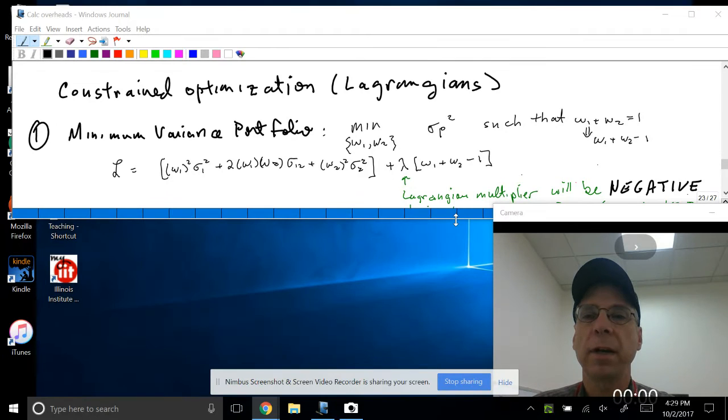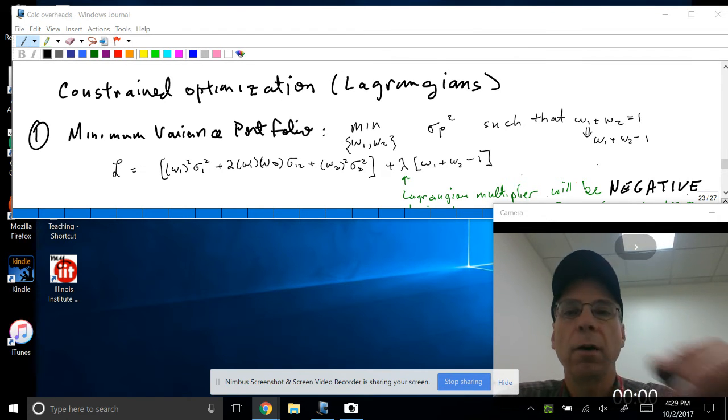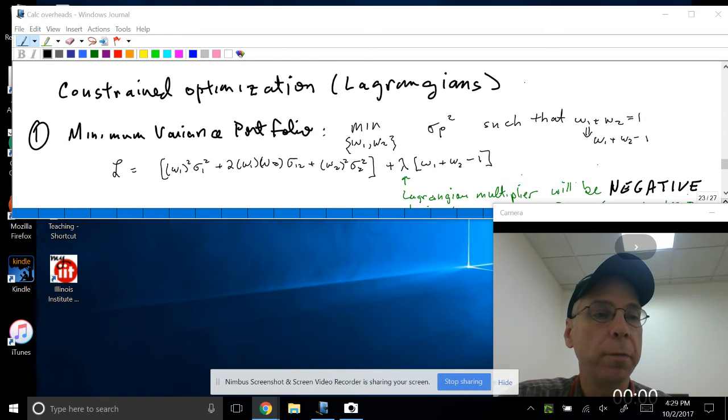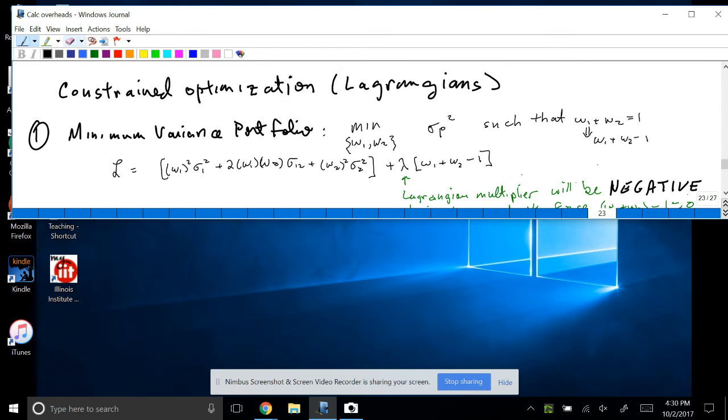All right, so let's say we have a case where we want to minimize portfolio variance such that the weights are going to sum up to 1. We have a situation where we're going to minimize variance such that the portfolio weights are constrained to equal 1. We want to be fully invested in asset 1 or 2. Or we can also say that W1 plus W2 minus 1